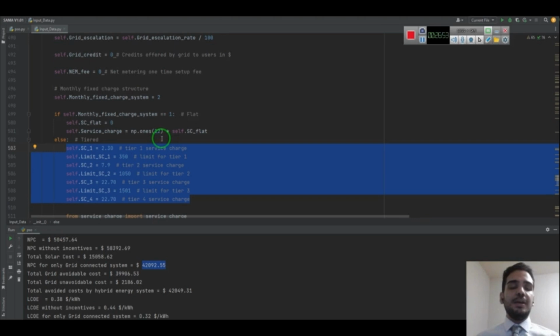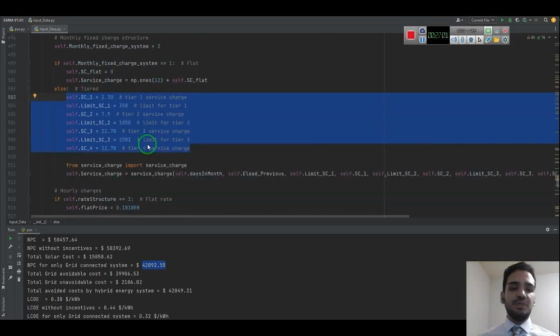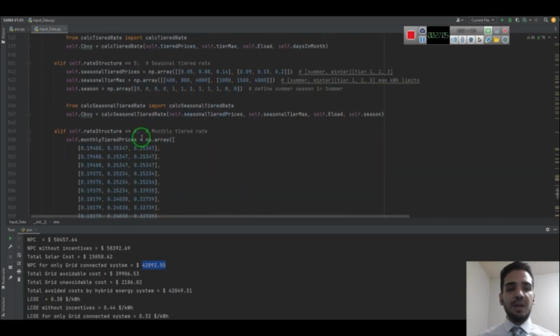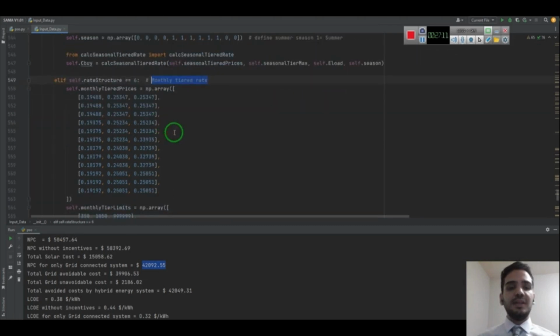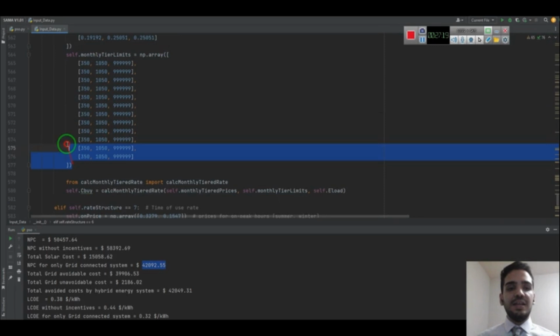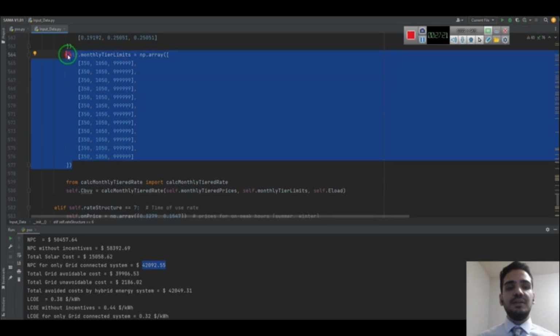Similarly, we have the same structure for hourly charges. As we chose, option number 6 is the monthly tier rate, and it includes two sections. The first section is for defining the prices, and the second section is for defining the tier limits.